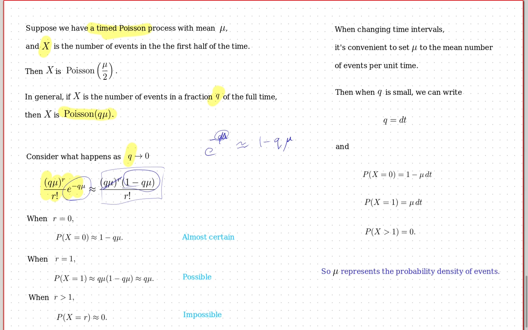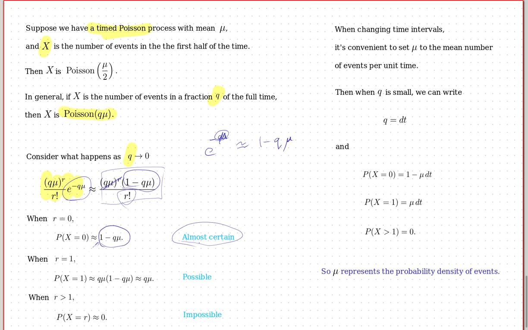And therefore the probability would, and also r factorial would also be 1. So therefore the whole probability would reduce to simply 1 minus q mu. And because q is very small, this is essentially 1, right? This makes no difference to 1. And so we could say that in a very small time period, it's almost certain that the number of events would be 0, right? So if you look at an infinitesimally small time period, we can be almost certain there'll